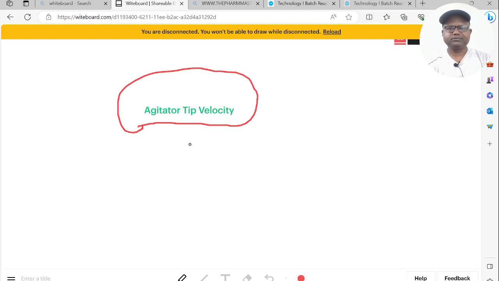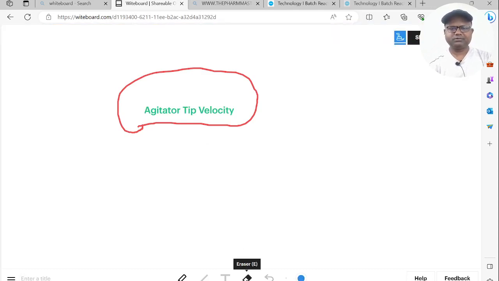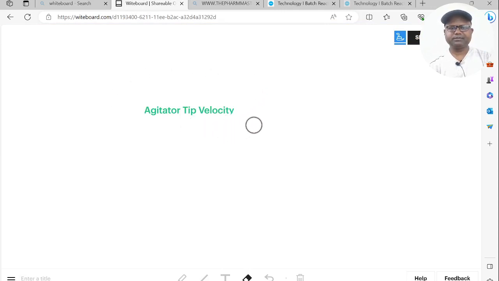Dear friends, today we will discuss the topic of agitator tip velocity. Are you aware of it? The answer is yes. This is a commonly used term in the industry. But many times we are only aware of the formula, or you have just heard this term, but the actual application is missing. So in this video, you are getting the idea about